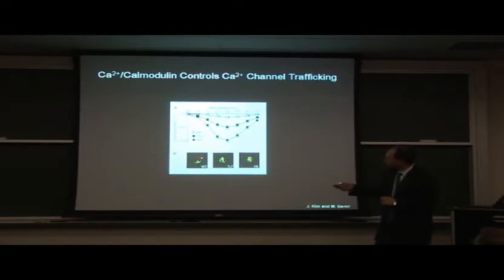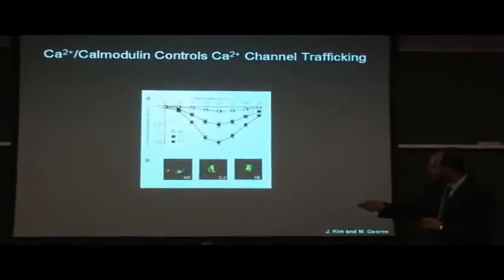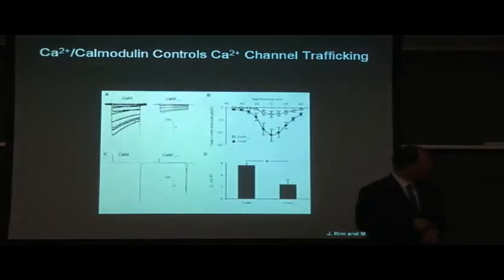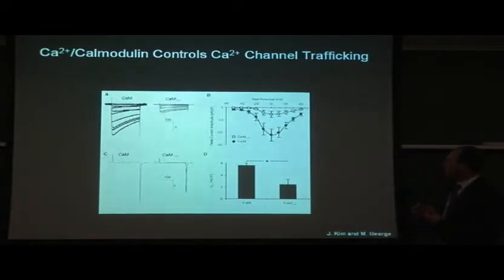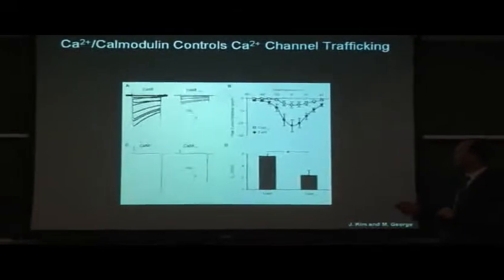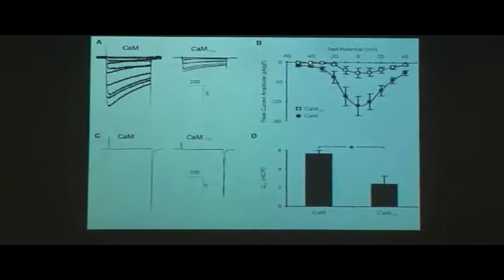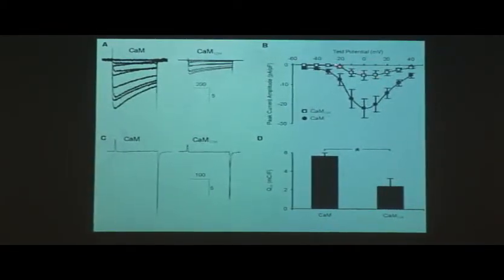Here are wild-type channels, and you can see nice membrane localization of the GFP-tagged channel. And here are these two mutations, and you can see marked retention of the channel in intracellular domains, much less targeted to the membrane. We then performed similar experiments with these same channels in HEK cells where we co-expressed either calmodulin or CaM 1234, which is a mutant where all four EF hands are inactivated. So this is a completely calcium-insensitive calmodulin. And you can see that disruption of the ability of calmodulin to bind calcium led to decreased current amplitude.